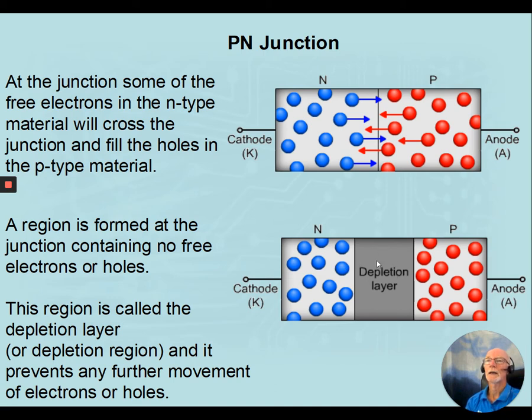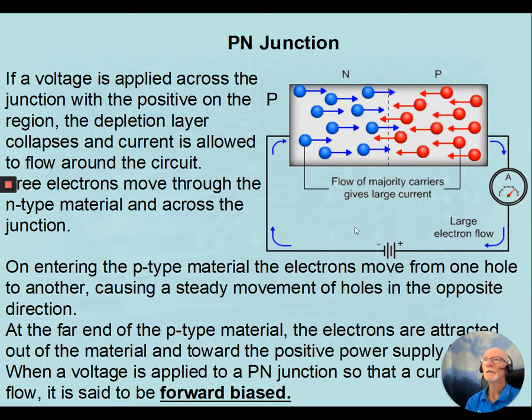And as this grows, it gets to a point where electrons can no longer be attracted by the holes because of the distance, right? And so internal current stops flowing. And this is called the depletion layer, or the depletion region, because it's depleted of holes and electrons. If, however, we